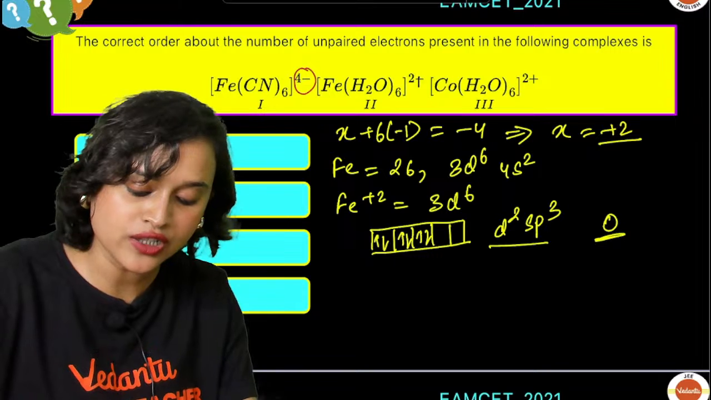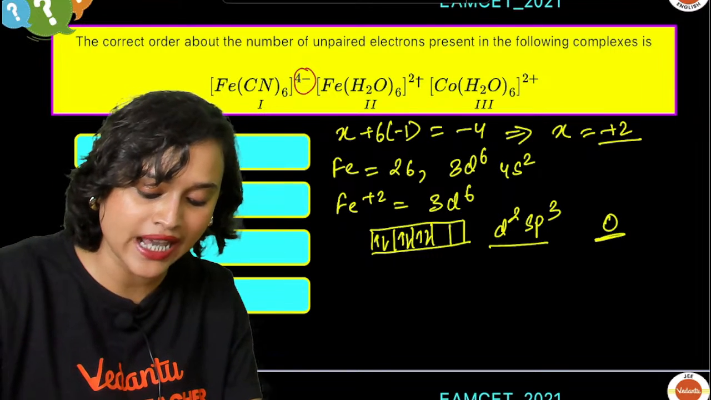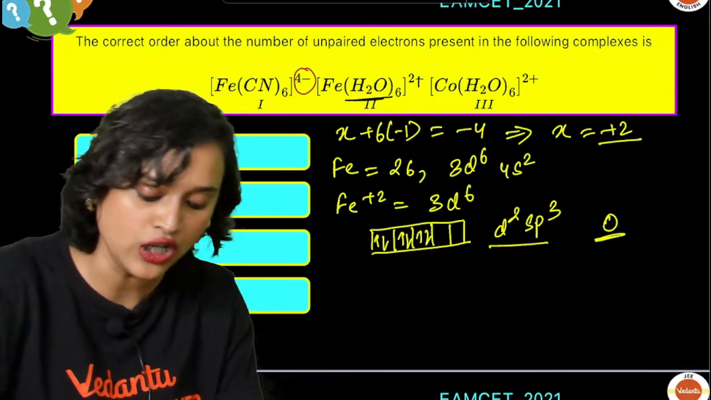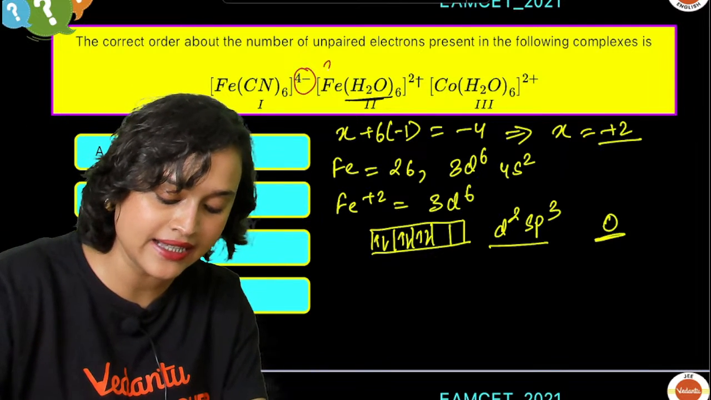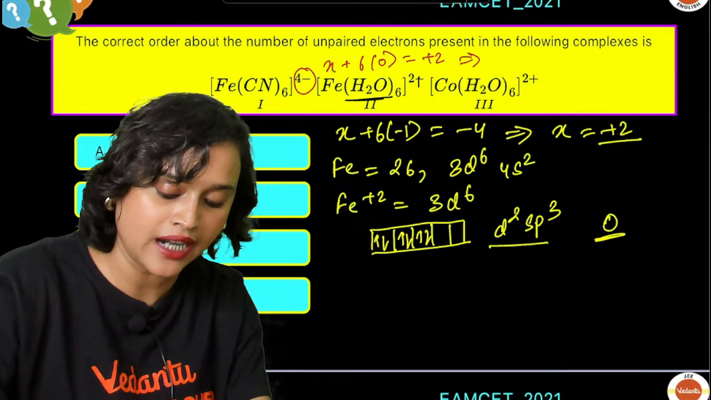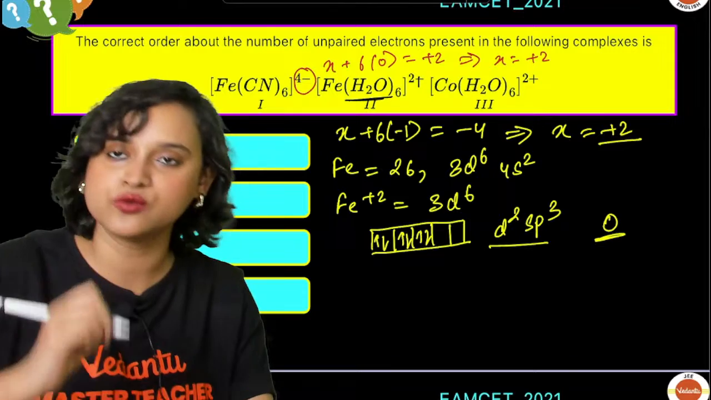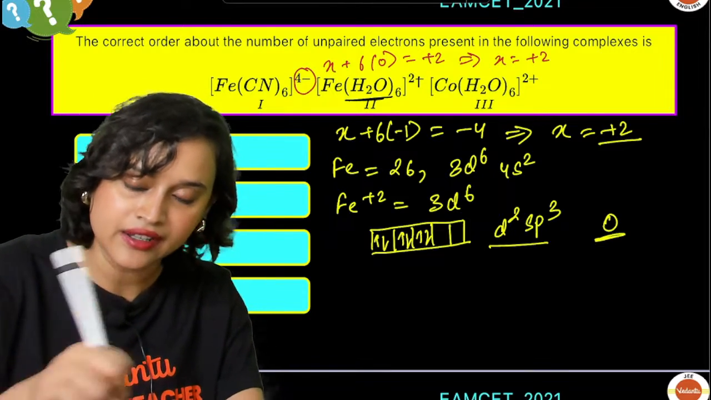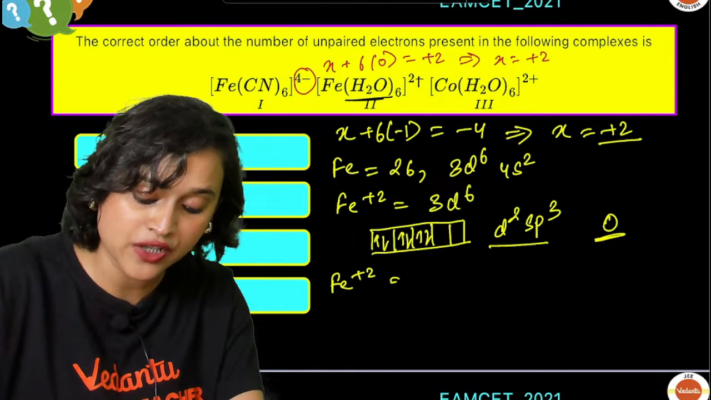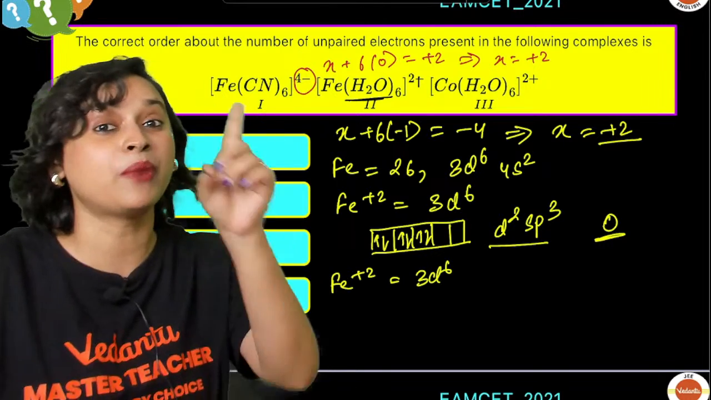Now let us solve it for Fe(H2O)6 2 plus. H2O is a neutral ligand and does not have any charge. So we can write x plus 6 multiplied by 0 is equal to plus 2. That means x is equal to plus 2. So iron here also is in plus 2 oxidation state, which means it will be 3d6. But